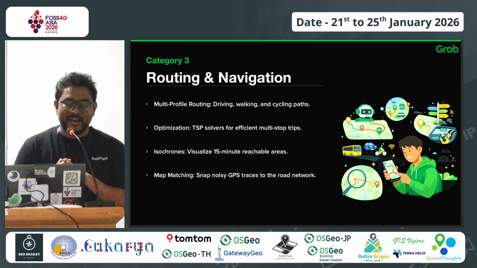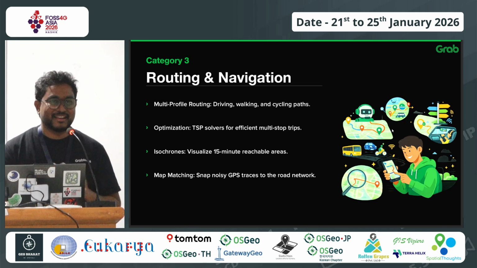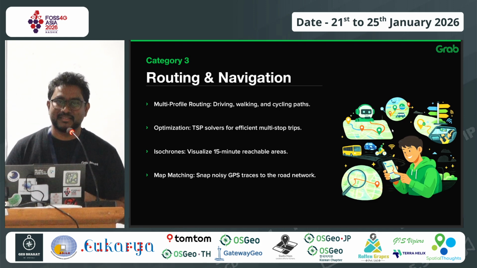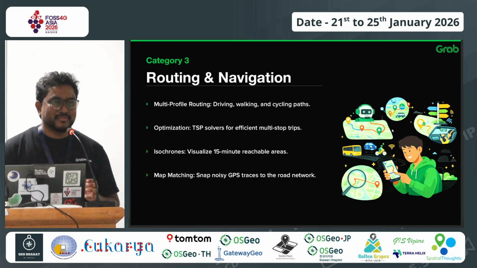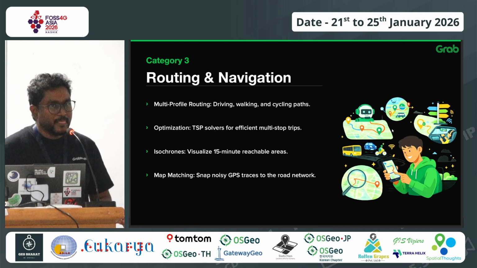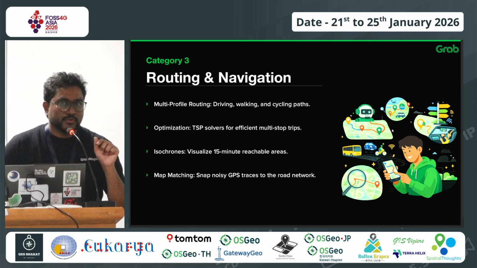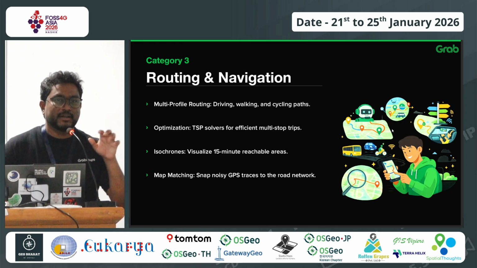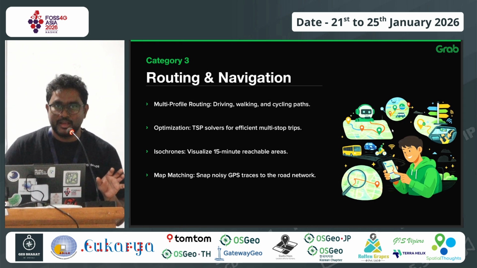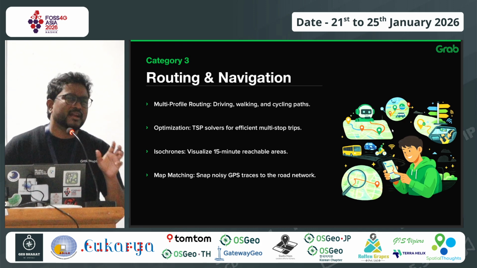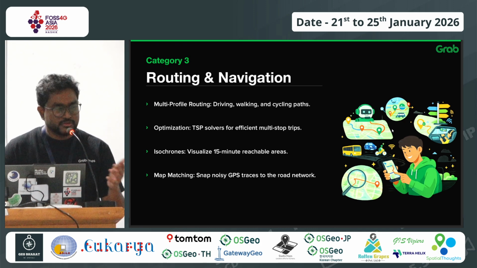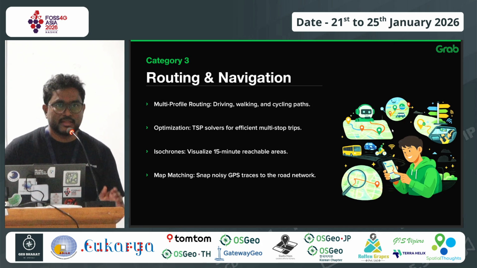Then another point is routing and navigation. We all know most of the time we use some proprietary maps for routing and navigation. Whoever is using Android or Apple, no matter what the OS is, we go to a particular app for navigation and routing. But if you know OSM, OSM also has a default routing machine, which is OSRM, the Open Source Routing Machine. And there are a few other open source routing engines you will find, like Valhalla. So what I have combined here is that